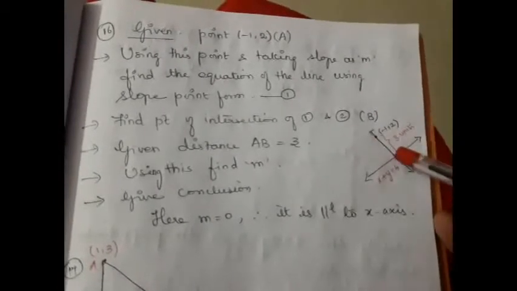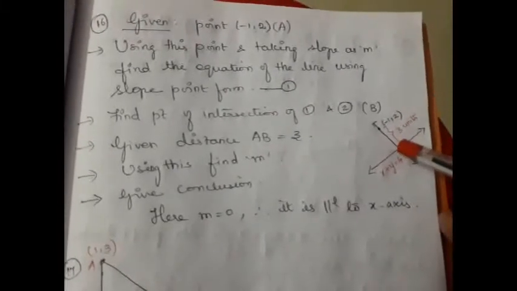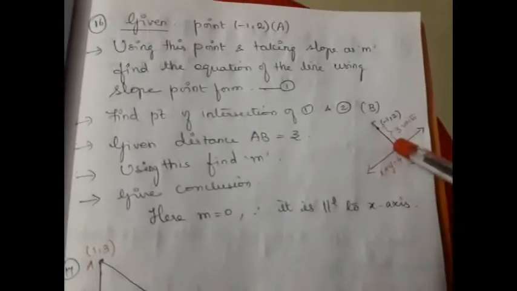So how can we find the slope? They have given you the distance between this point and the point of intersection, which is 3 units. So if we know the point of intersection, we can find the distance between this point and the point of intersection and equate it to 3. But we don't know this point. This point is the point of intersection of these two lines. How can we find it? Only if we solve these two equations will we get the point of intersection. To solve these two equations, we need the equation of this line first.